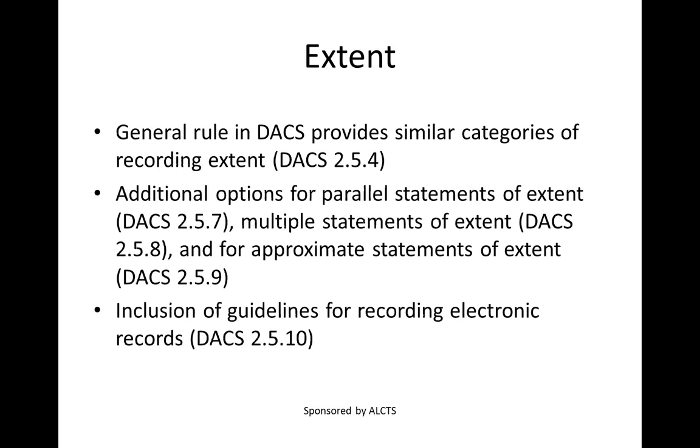Turning now to DACS, in the case of extent, we find that instead of introducing greater consistency, the archival rules provide some greater flexibility in recording this statement. While using the same three basic categories for recording extent, DACS 2.5.7 expands the provisions for including parallel statements of extent to all categories. Also, with the second edition of DACS, the RDA categories are extended to electronic records for recording by storage space or number and type of unit.